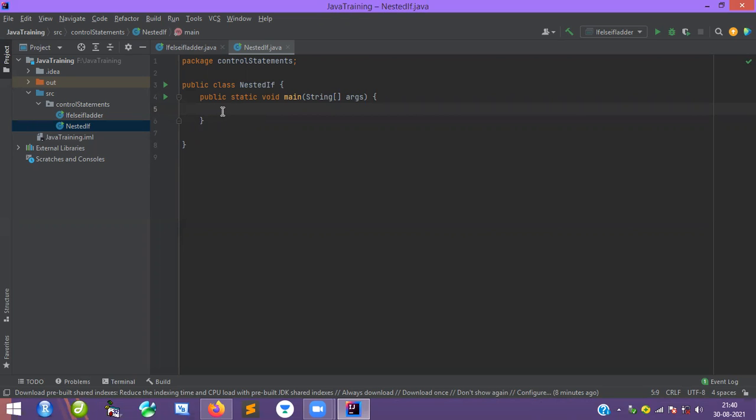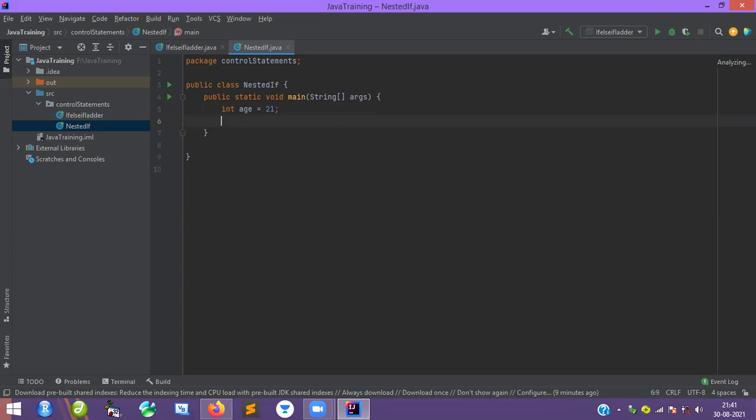I will put the condition, nothing but in the block, I will provide one more condition. If that condition is satisfied, it will execute the final thing, otherwise no. So here I will say int age. I will provide the age as something like 21. If your age is 21, then you can provide the blood. Otherwise, no, you cannot donate the blood. That is exactly my intention here.